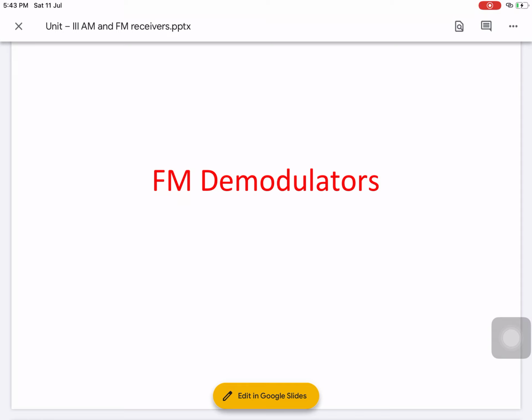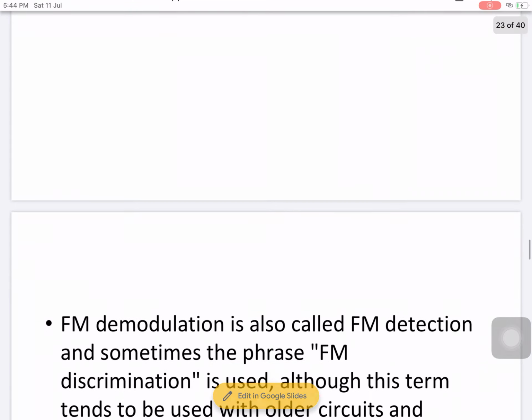Now, after that, we understood AM detection, how it can be done, the diagram of AM detection, its construction, and all. We saw how the diode rectifier stage works and how the low pass filter stage works. Then we have reached FM demodulator. Now AM demodulator we understood. After that we will learn